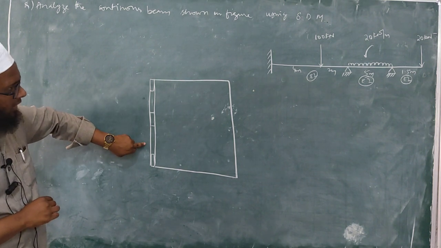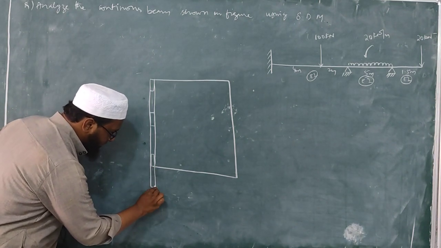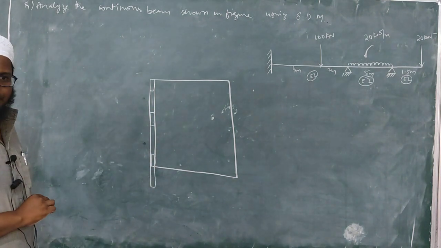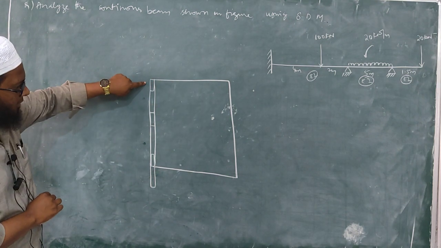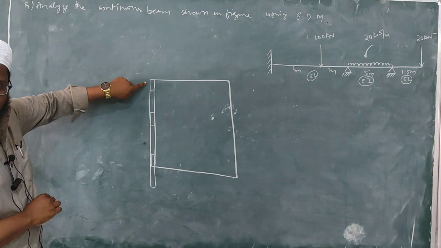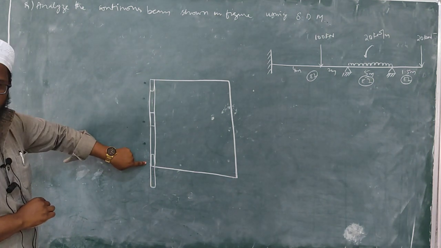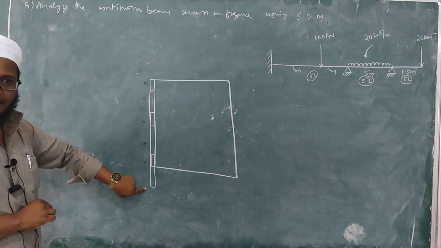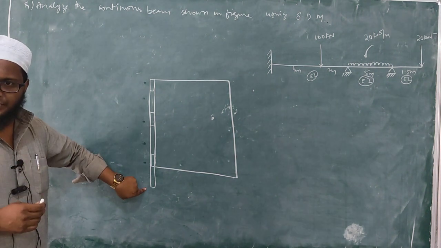Suppose for example, we have here a cantilever part like this. Then this condition is similar to that, isn't it? We have here one beam, one support, that is fixed support. We have one simply support here. Even we have one more simply support. After that we have a cantilever portion. You can see these type of things in your general constructions, isn't it?